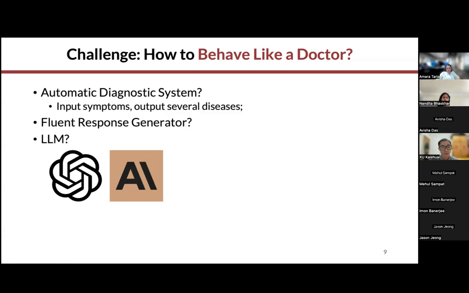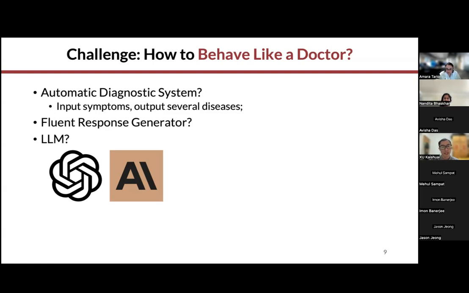It can solve any problem in one turn, not multi-turn. So it wants to solve your problem or answer your questions, but it cannot be a doctor that follows the instructions of medical knowledge, to diagnose, to prescribe,